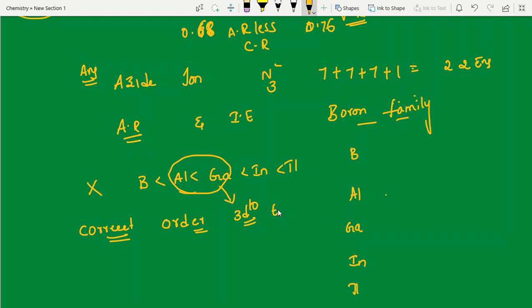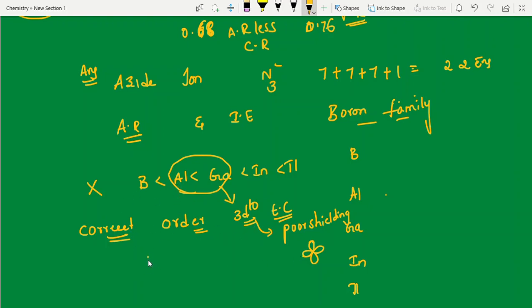3d10 electronic configuration. So electrons are increasing, and we expect atomic size also to increase as shells increase, but the 3d electrons give a poor shielding effect. Due to poor shielding effect, it is unable to screen much because of the shape of the lobes like this. A detailed explanation I have given in the atomic radius video. Please follow it up. So now this is the actual case.